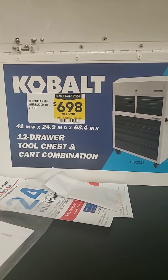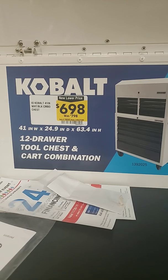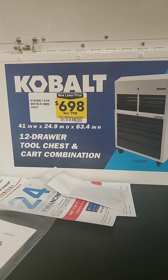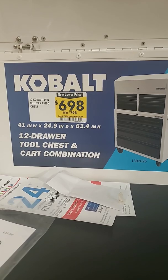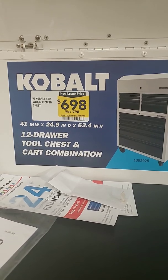Usually, toolboxes are going to get used. My Craftsman box has a screwed up drawer slide in it. It's moved with me two different times. It's been under the house when we cleaned out the house. It's been all around. Toolboxes are going to get used, and I don't expect it to stay perfect. I don't go out of my way to beat the things up, but at the same time, I expect it's going to see some wear and tear. So, having seen that dent, which as you can see from the inside is all kind of superficial,